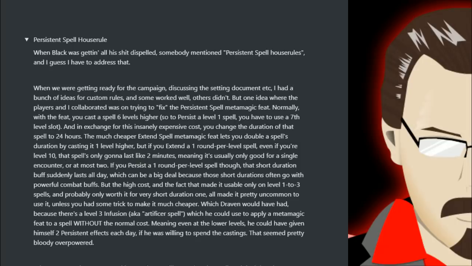If you persist a 1 round per level spell though, that short duration buff suddenly lasts all day, which can be a big deal because those short durations often go with powerful combat buffs.